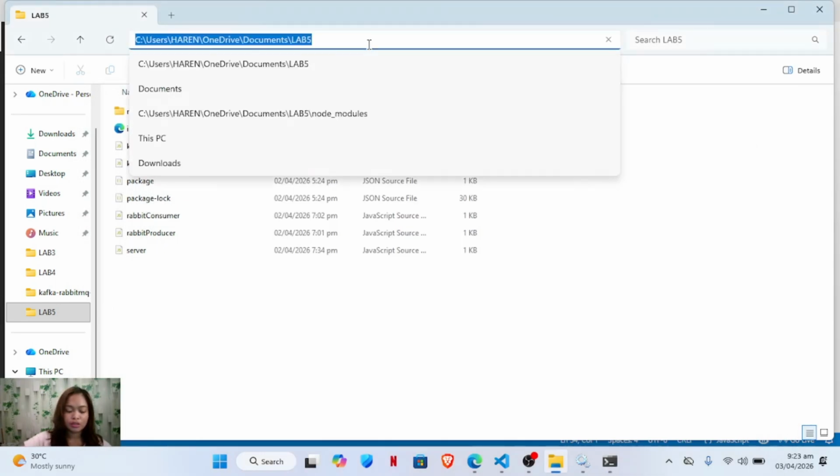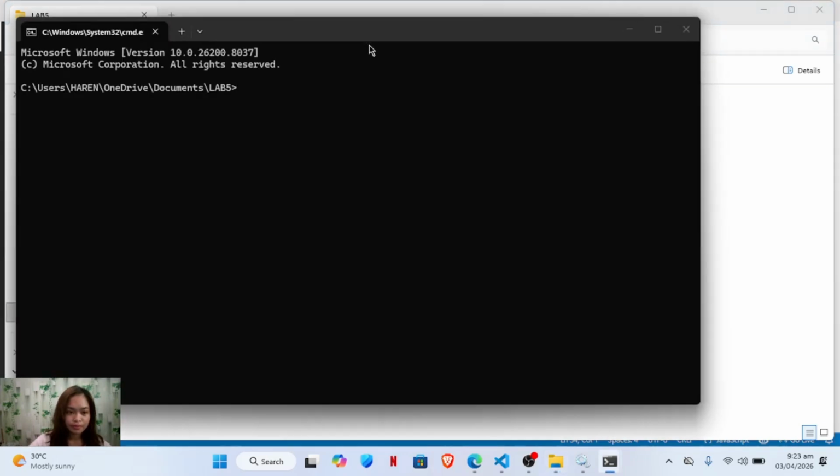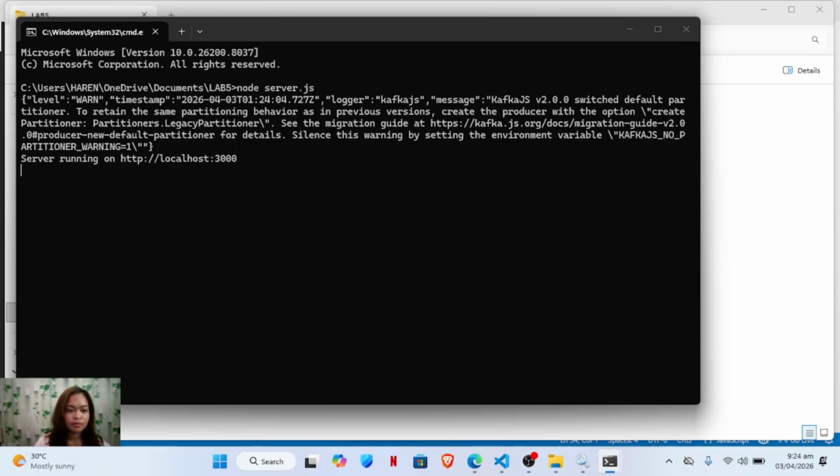And let's go to the third terminal, the server on localhost 3000.